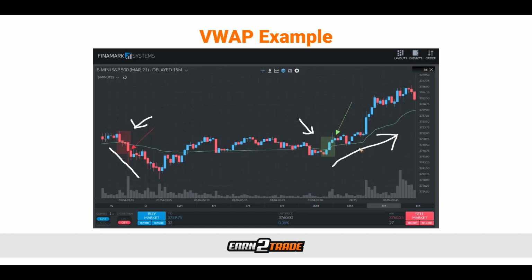Obviously, we don't simply want to buy and sell blindly just because price is above or below the VWAP, but the VWAP in conjunction with price action can be a very, very powerful tool and provide a further layer of confirmation as to whether or not we should even be interested in buying or selling in the first place. The VWAP is a very good representation, when it's provided a large sample size of data, of what is actually going on and where price is actually heading.